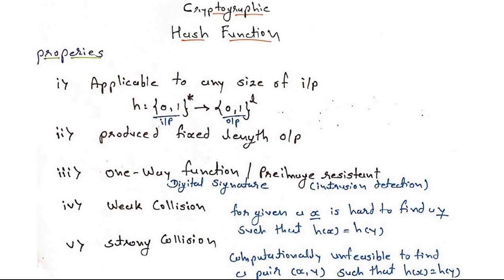But right now the possibility of collision is very small as compared to a simple hash function. And same thing, whenever we use the strong collision technique, it will further reduce the possibility of collision. So here we can say that it is very hard to get a pair x, y such that h of x is equal to h of y. It means there are rare possibilities of getting colliding values. So that was everything about the properties of hash function.